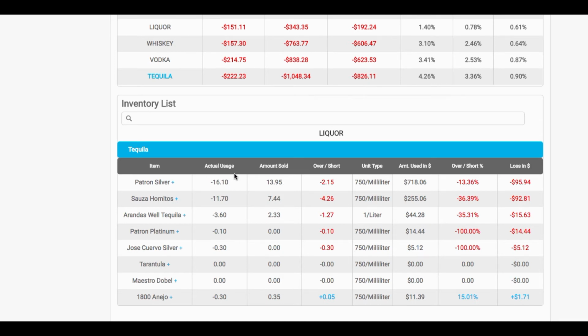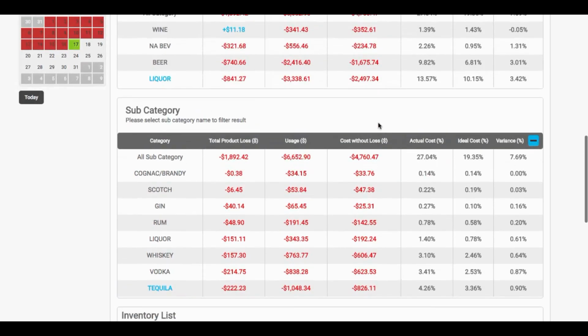So we used 16.10 bottles. We only sold 13.95, which means that we're 2.15 short. And that cost us $95.94. That's a lot of money when you start adding this up. So now I know what inventory items are causing me the biggest issues, and I just need to go fix them to make a lot more money. Also in this report,